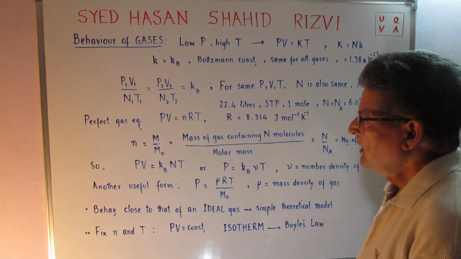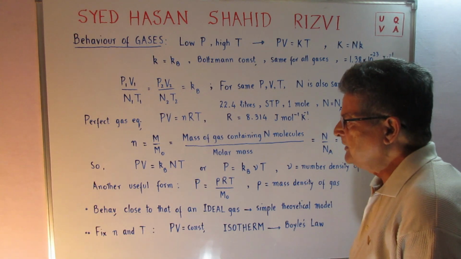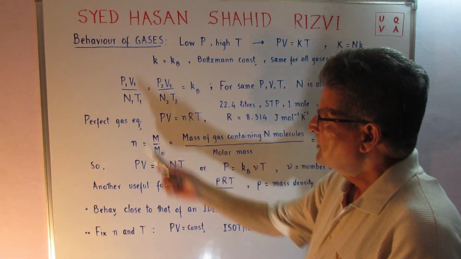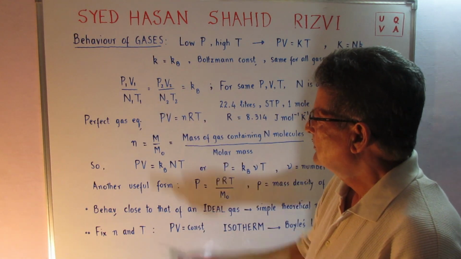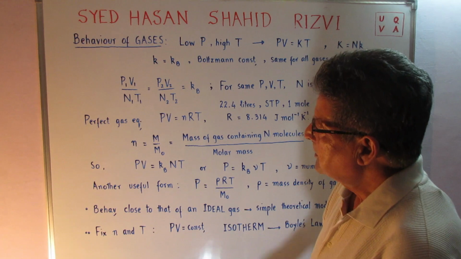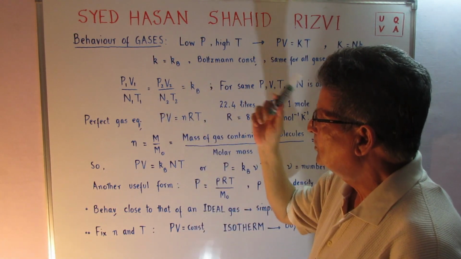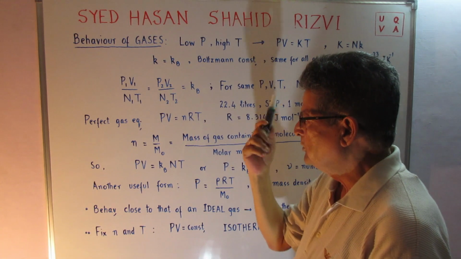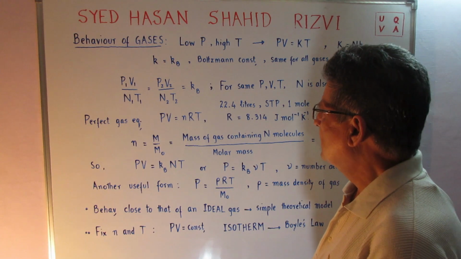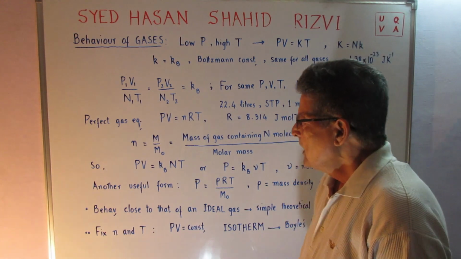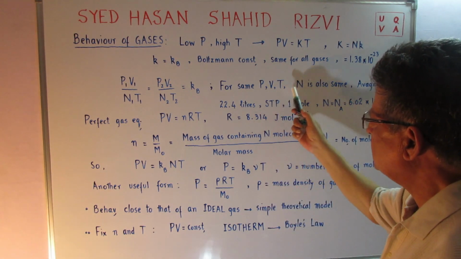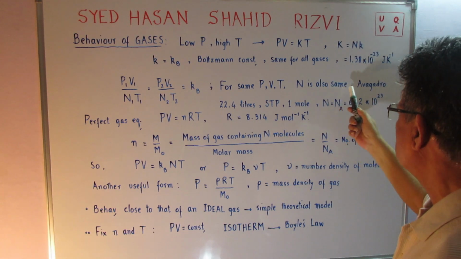So, with the studies of these gases, we find out that if a gas has the parameters P1, V1, N1, T1 and P2, V2, N2, T2 in two situations, then P1 V1 over N1 T1 is equal to P2 V2 over N2 T2 is equal to the constant, and this constant is defined as the Boltzmann constant. Okay? So here, look, for the same set of P, V, T, N is also the same,